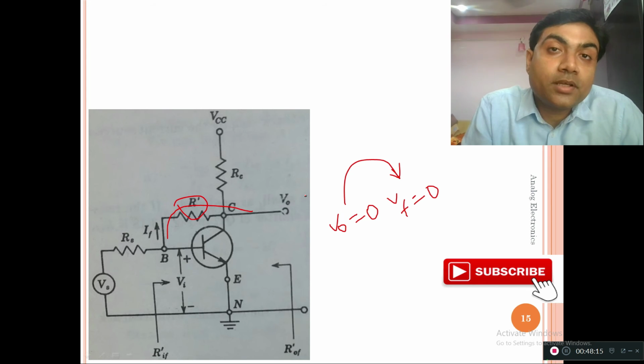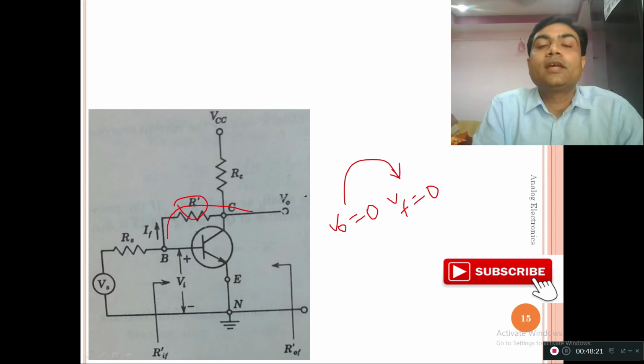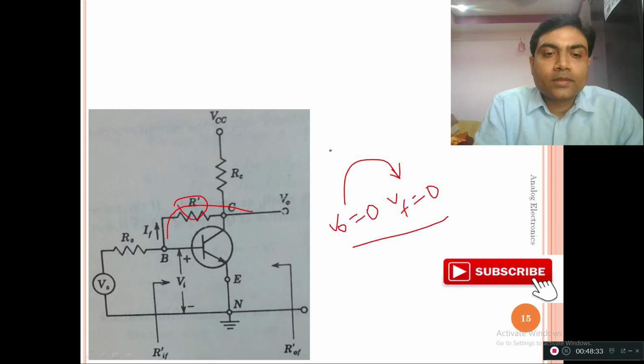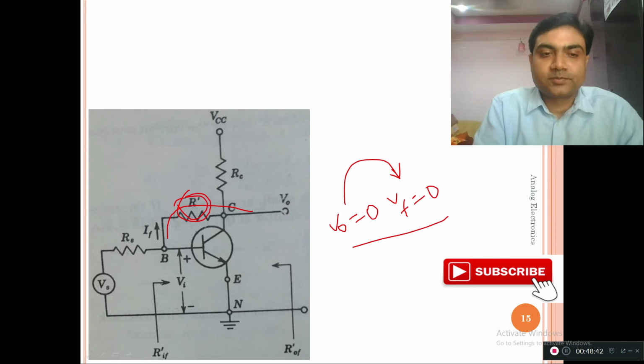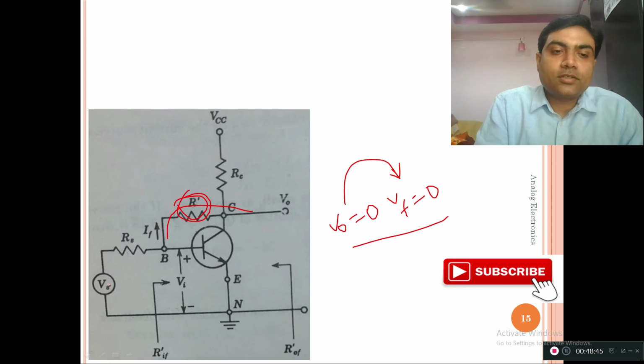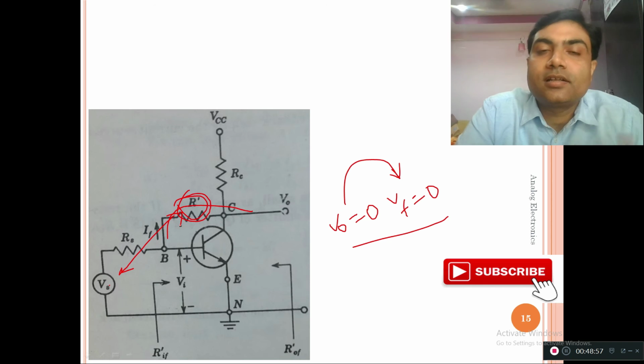So what kind of sampling is this? This is voltage sampling, as it was in the first circuit. In the previous two circuits, that is circuit number 2 and circuit number 3, we were looking at current sampling. Now this again is similar to the first case, that is voltage sampling. Since the output and input terminals are connected through this R dash directly, this is going to be shunt mixing. Or if you don't get this logic, see how VS and this feedback are connected. Is it in the form of series? No, it is in the form of parallel. That is nothing but shunt.